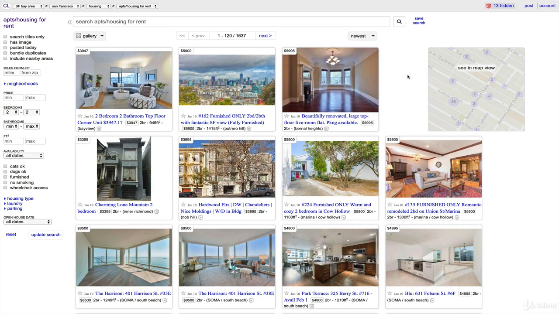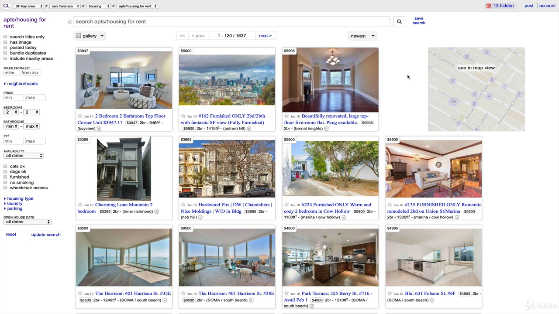But if we wanted to, hypothetically, do some analysis of apartment rentals, 2-bedroom apartments in San Francisco, and chart them over time, or understand when rents went up and down over the course of a year. What's the best month historically to buy or rent an apartment? Is there a time that's cheaper? Is it the holidays, the summer? That sort of thing. To do that, I need the data.